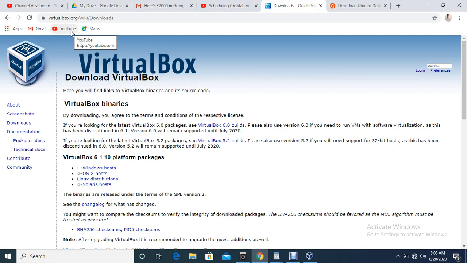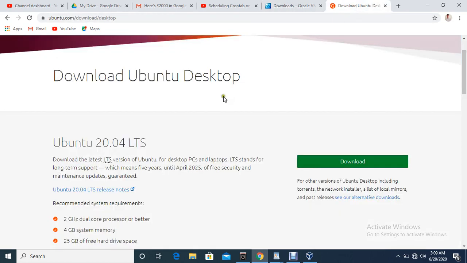You can go to virtualbox.org website and download whichever version you need. Same like that, you go to the Ubuntu website and download whatever OS version you require.